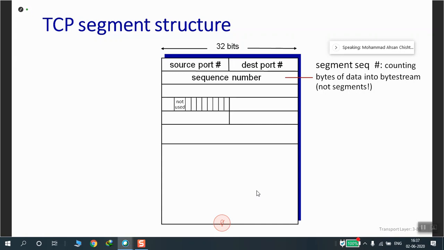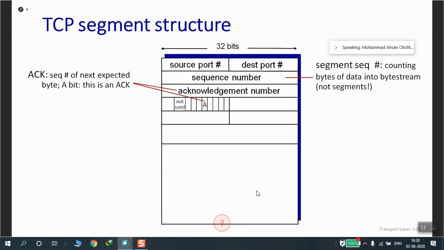Then we have some things which is sequence number and acknowledgement number. What is the sequence number and acknowledgement? Both of them are 32-bit fields. This is 32-bit sequence number and 32-bit acknowledgement number. Actually, TCP sender and receiver implements reliable data transfer service using this sequence number and acknowledgement number. Like you give the sequence number to the packet that you are sending across and you expect an acknowledgement to that packet, so you would have an acknowledgement number for the packet.